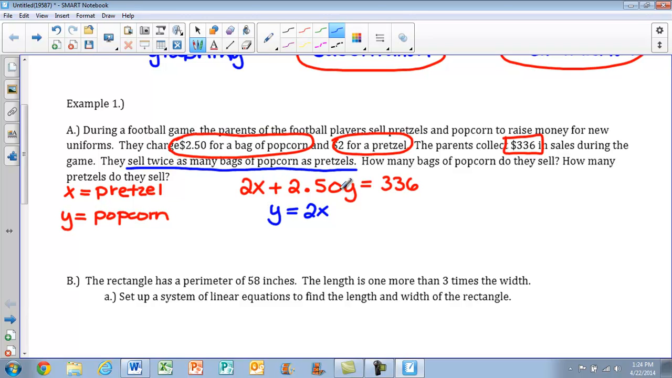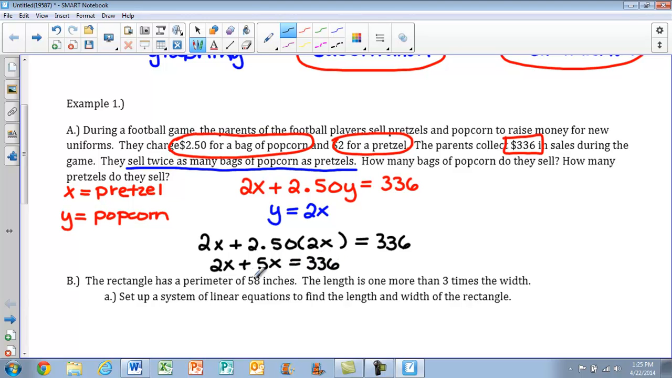In order to solve for x and y, the easiest option here would be to use substitution because we have this y by itself on one side. So what that means is we're going to substitute in 2x wherever we see y. So when we move on to that setup, I have 2x plus 2.50 times 2x equals 336. Now 2.50 times 2 is going to give me 5,